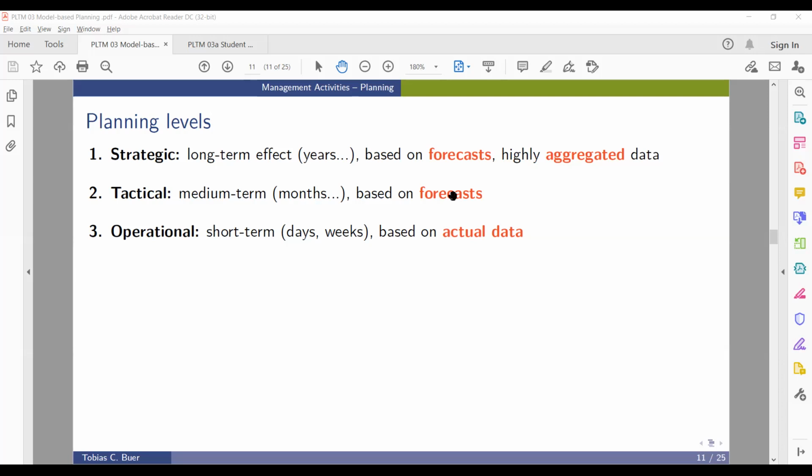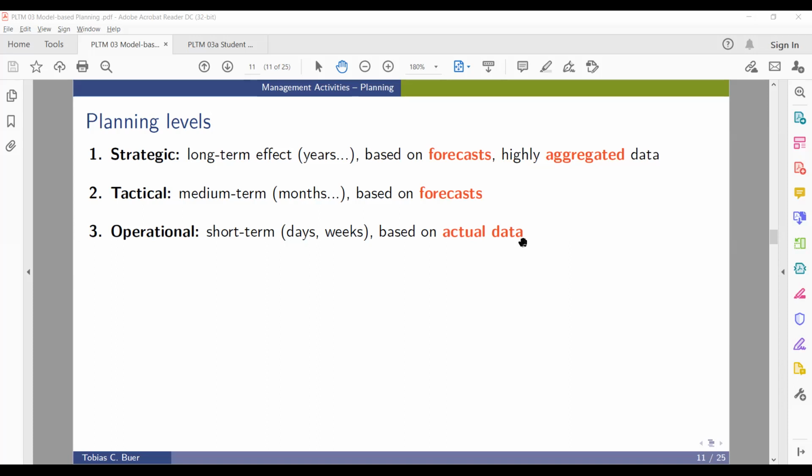So we ignore the details, and we try to, how can I say it, sum up. I mean, we put all this data together and try to look at the big picture only. The level of detail is very low when we aggregate the data. Okay, so these are some rough ideas how to distinguish these concepts. But again, it's not the full truth.